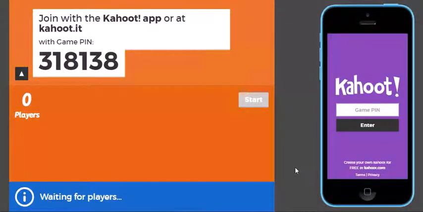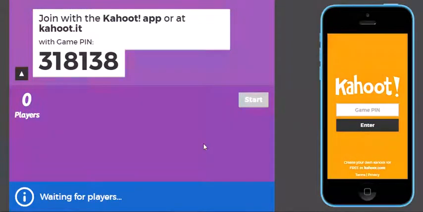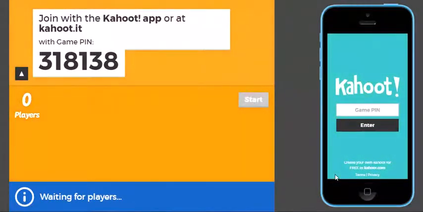To play a Kahoot quiz, I'm going to show you a quick tutorial on how to interact with the system. The screen on the left is what's going to be displayed by the instructor. The screen on the right is your screen, whether that's on your mobile device or on a browser on your